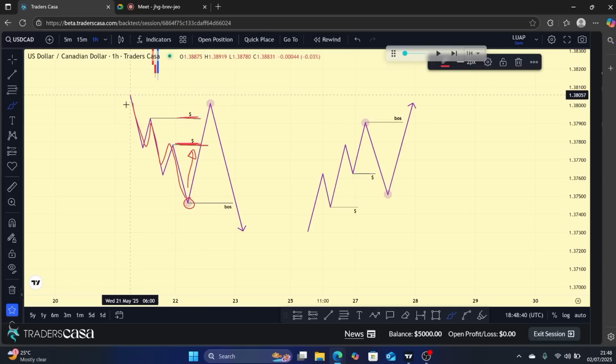Maybe there is another pullback here and price decides to also come and take this buy side liquidity that is there, it doesn't matter. We only need a takeout or a grab of this initial buy side liquidity, or the recent one. So the recent high, the buy side liquidity resting there. If price reverses and grabs that, and now once price reverses and grabs that, this one here is a confirmed